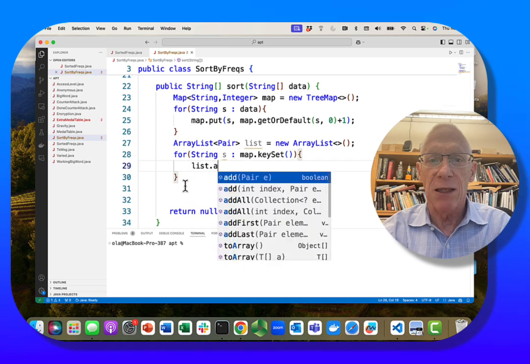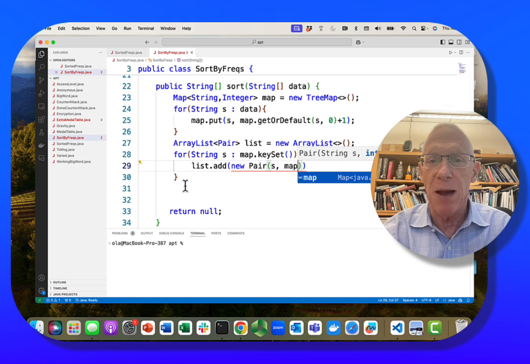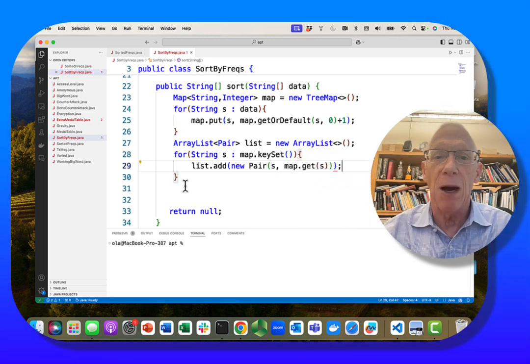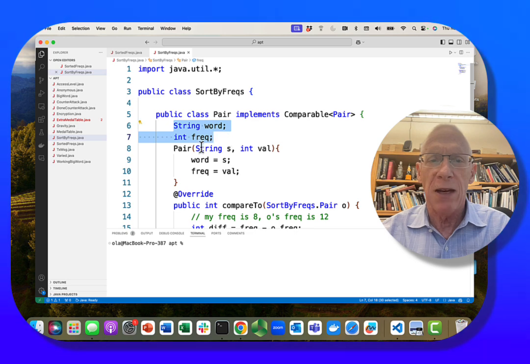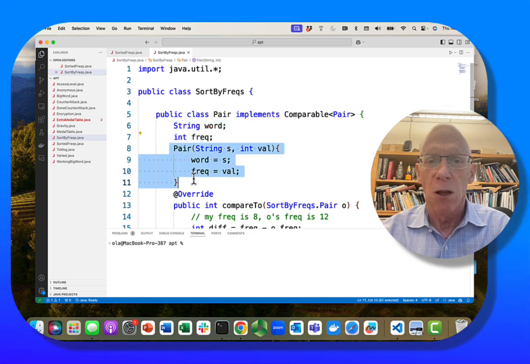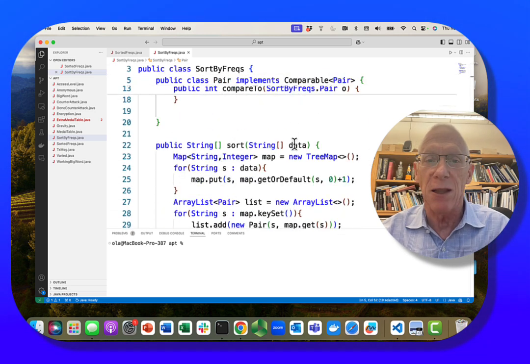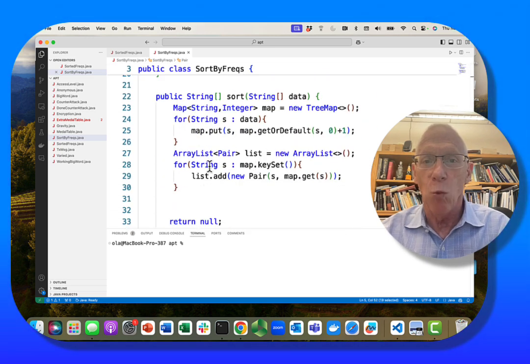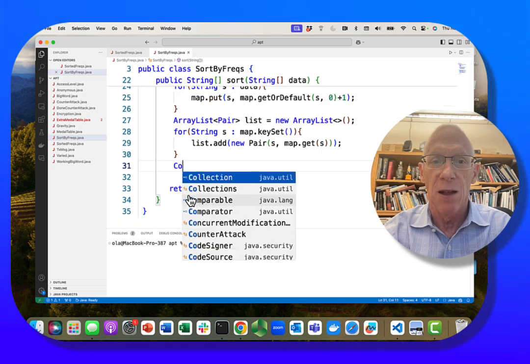And I'm going to say list.add new Pair. What's that pair consist of? s and map.get(s). Let me just remind you. Pair had in it a word and how many times it occurs. I can sort pairs because they implement Comparable, and I can sort anything that's Comparable. So once I make this list and fill it full of pairs, I can say